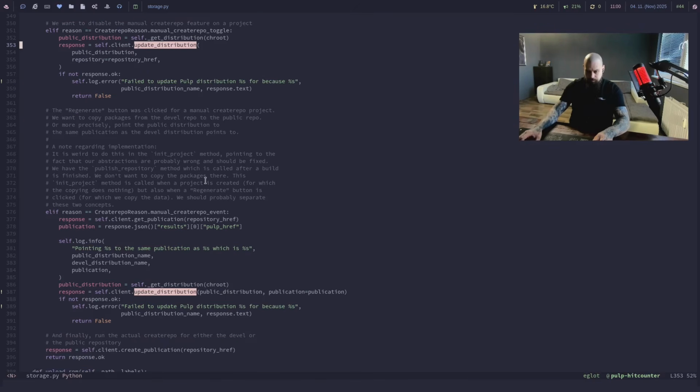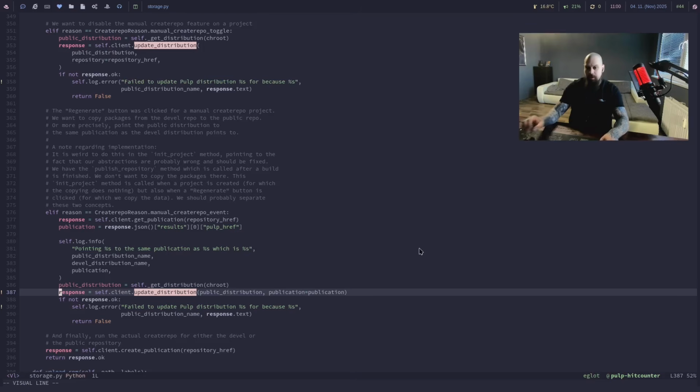Somewhere here, I think we narrowed the problem to this exact line. My guess is that 90%, 99% chance is that the bug is here in this line, because we are setting a publication here. We are pointing the distribution to point to a publication, and we are doing so in a case when we want to do the manual create repo event,